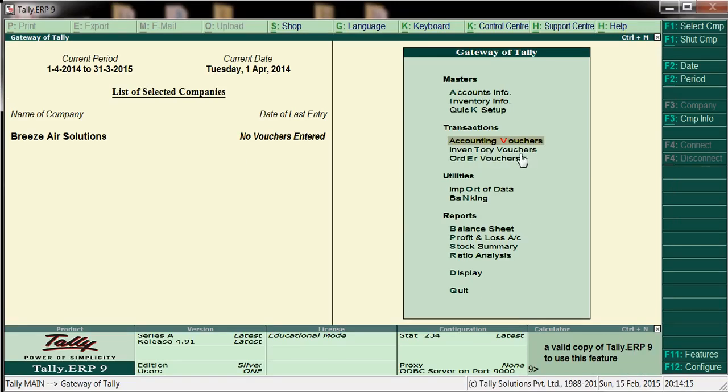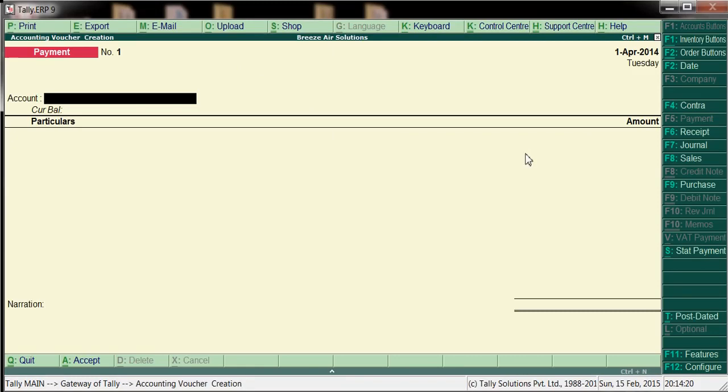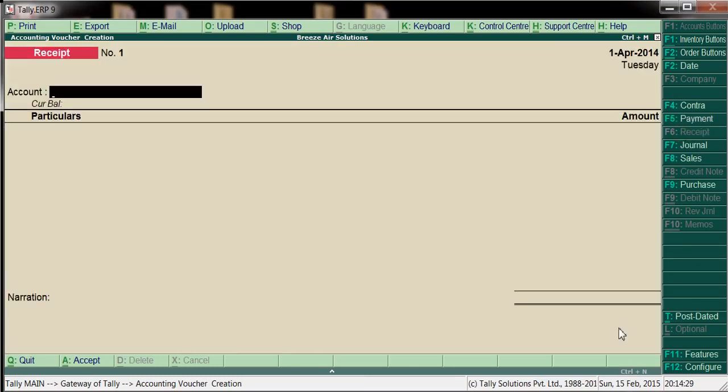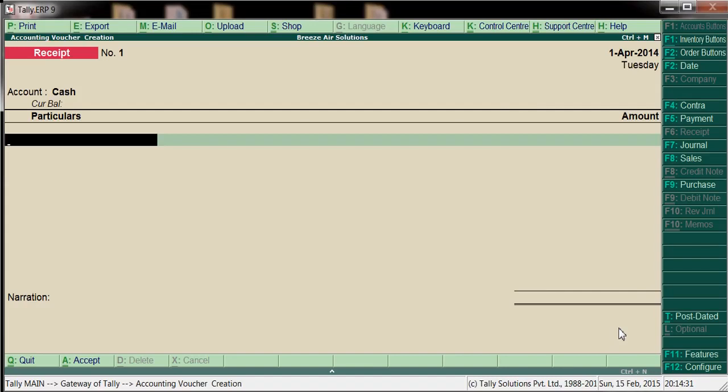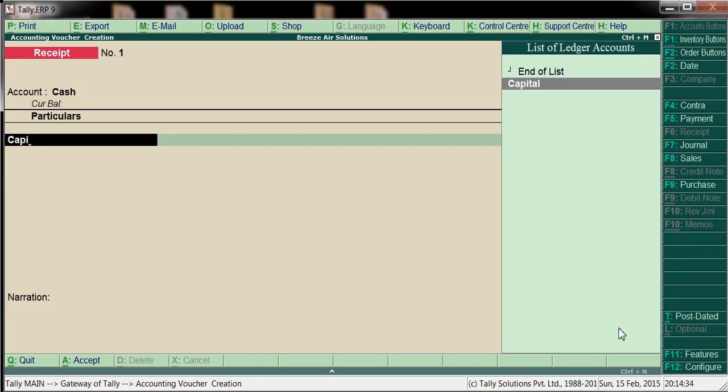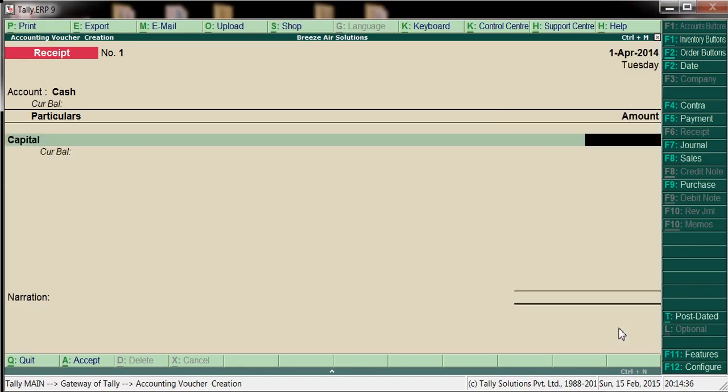To post any accounting vouchers, go to vouchers, accounting vouchers, enter, and F6 for receipts. Here cash, and as capital we are putting some capital for day-to-day transactions and business activities.